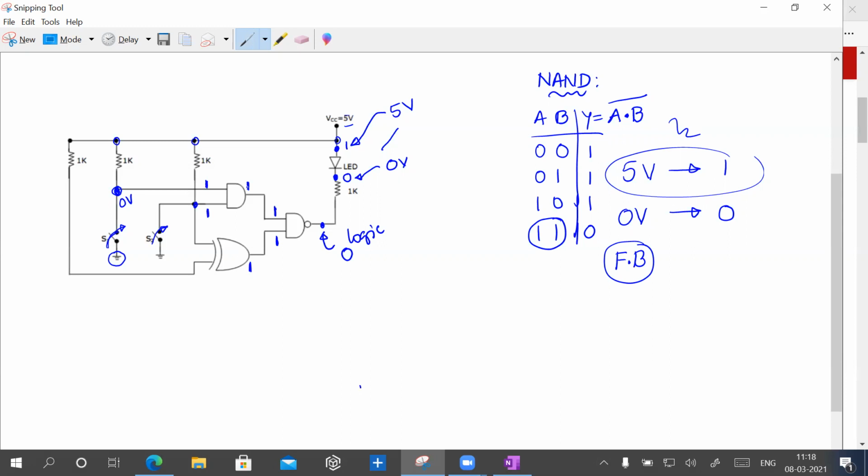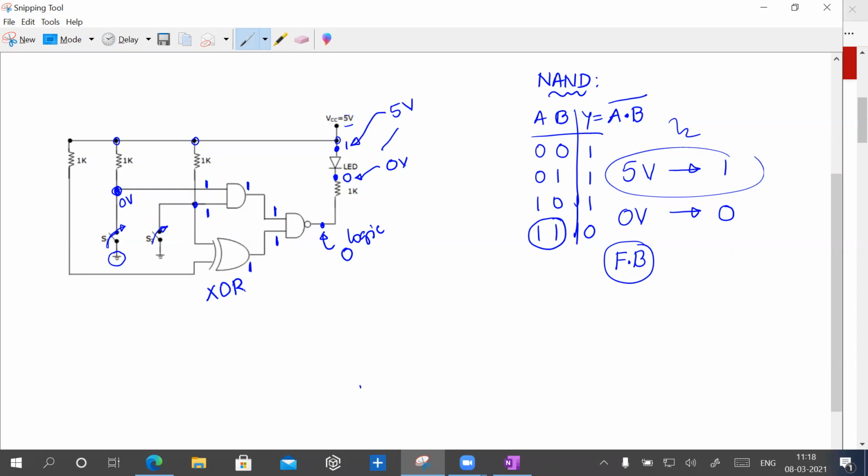That's fine. Now the big deal is this exclusive OR gate. Now you tell me when the output of exclusive OR gate is 1. One should be high, one should be low. That means when you have odd ones at the input, output is 1. Yes or not? For exclusive OR gate, if the number of ones is odd, then output must be 1. So one must be 0, other must be 1.